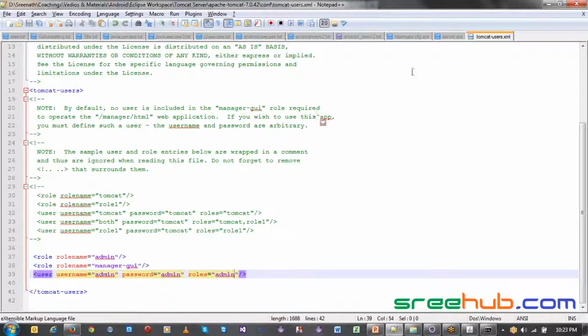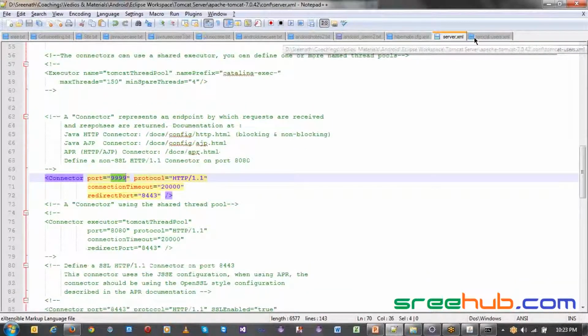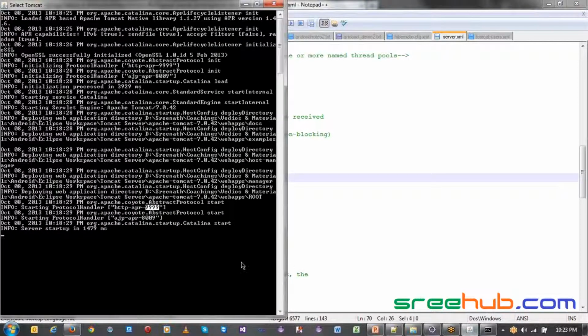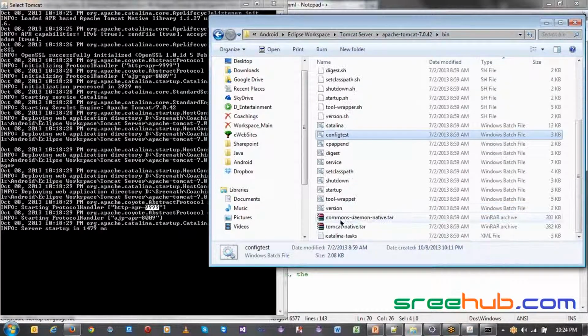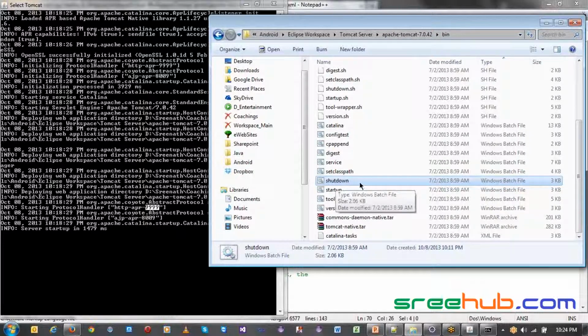One more thing, whenever you change any of the configuration, you have to restart your server. In order to restart, first we have to shut down the server. How to shut down the server? In the same bin folder of your Tomcat, you will have one more file called shutdown. This is a batch file if you're using a Windows machine. If you're using Mac or Linux, then for Linux I'm sure it will be a shell file, but I don't know whether the shell file will work on Mac. So I think Sandhya, you'll have to check once. Okay, so let me shut it down.